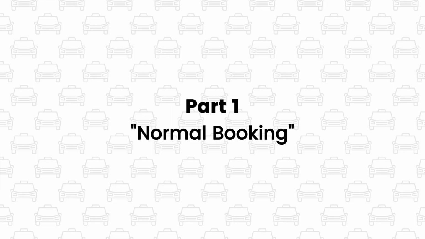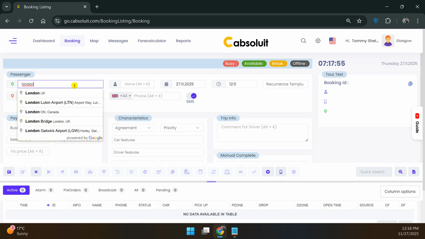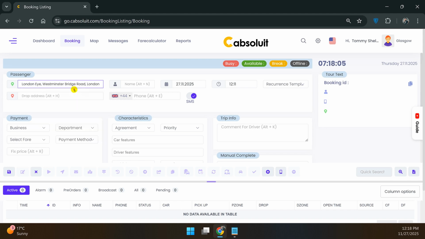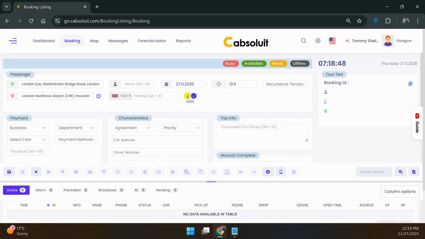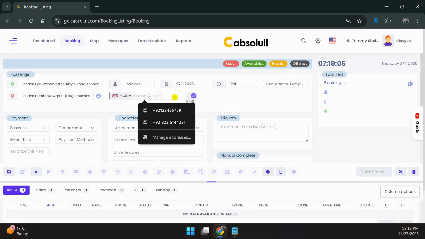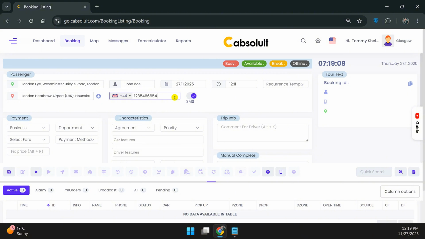First part, normal booking. First, we add the pickup and drop-off addresses. After adding the drop-off address, you will see a plus button. By clicking it, you can add multiple stops. Next, we add the customer's name and then the customer's phone number. After that, you will see an SMS toggle. This means if we turn this on, booking alerts with a tracking link will be sent to the customer on